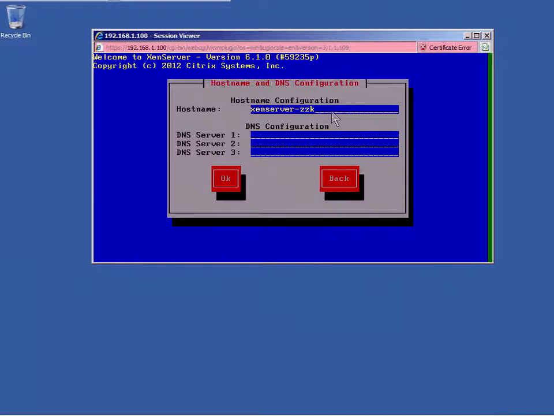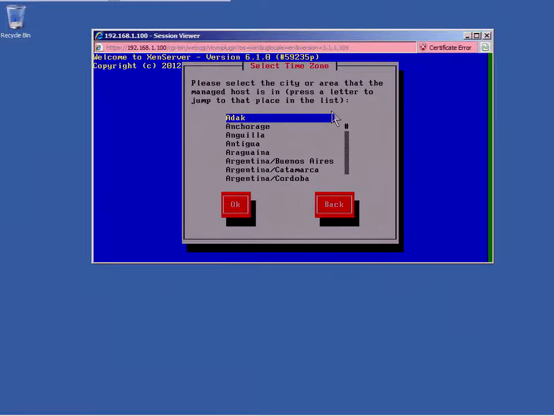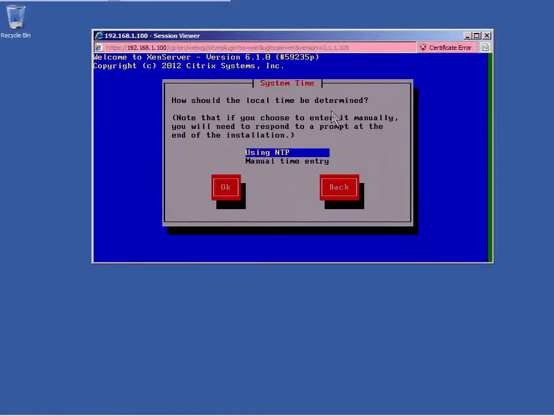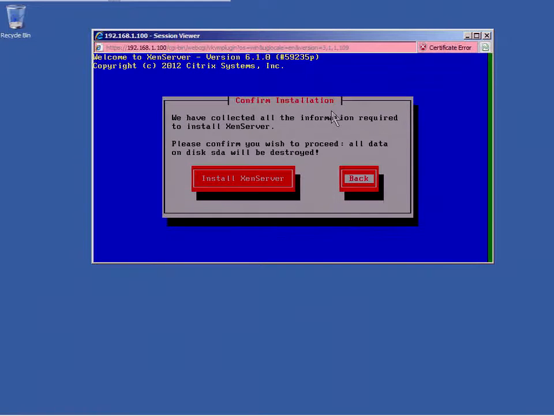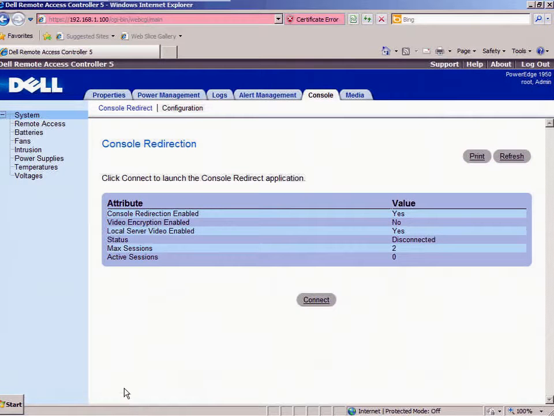I'm going to call the server XS host 02, my DNS server, and Americas, Los Angeles. I'm going to do manual time entry, and I'm going to install XenServer. Off it goes. So while this is going on, I'm going to go back to the other DRAC,